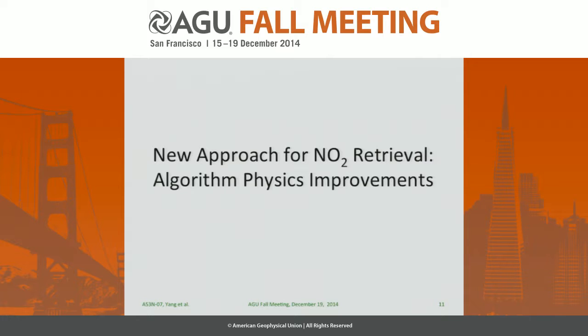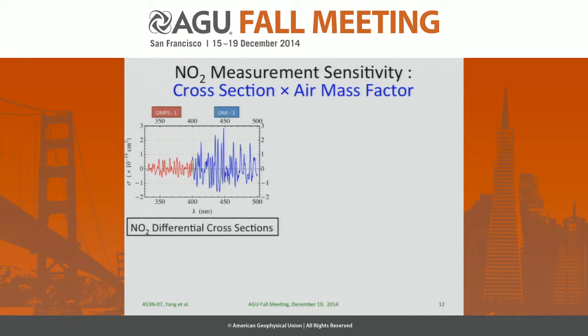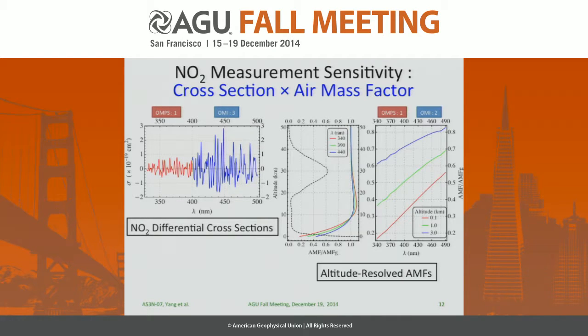And next, I'm going to look at how we can improve the algorithm's physics to get really sensitive NO2 retrieval from the ARMS. So this is the high pass NO2 cross section. Normally, OMI uses 410 to 460 nm to do retrieval, and in the ARMS we only have up to 380. So the differential cross section is much less than what OMI normally sees, and therefore the overall sensitivity of the measurements depends on the air mass factor or the